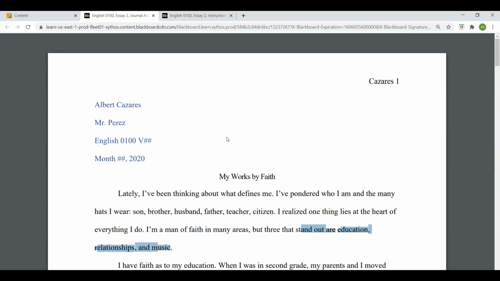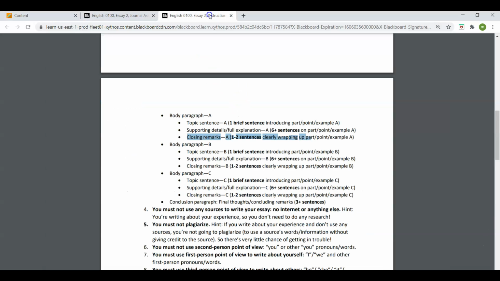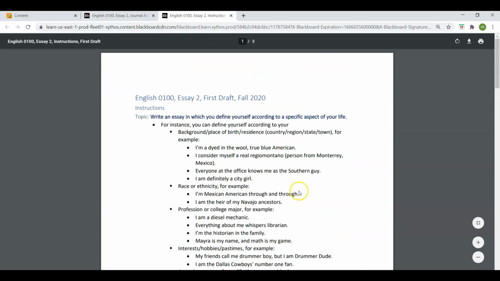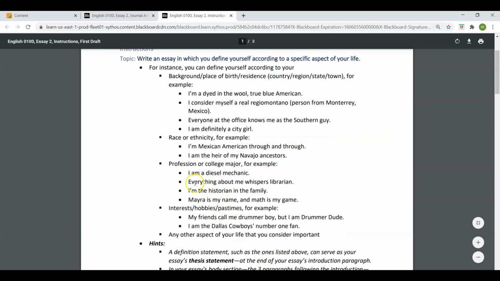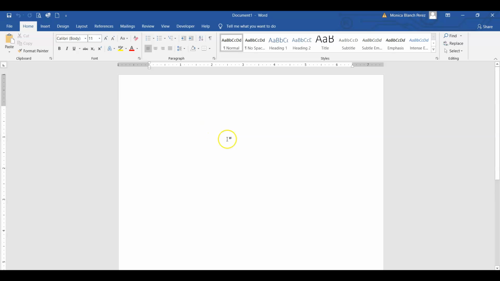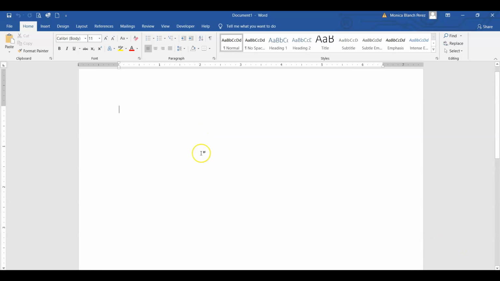Oh my gosh, pardon me for scrolling up and down. That must be so annoying. Okay, all right, let me do something real quick here. I'm going to take this right here. Which one is it? I like the one about, how about this one? Everything about me whispers that I'm a librarian. Okay, I've got a Word document right here. Let me magnify it a little bit. Now, I'm not going to put headings or anything on it. You will have to have a good heading and everything. I'm just going to write a little bit, okay?